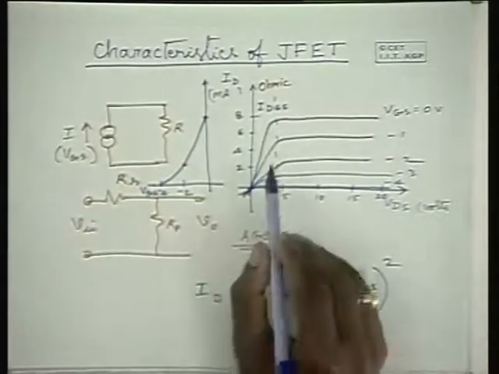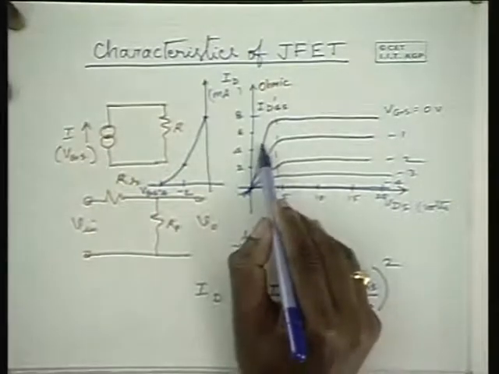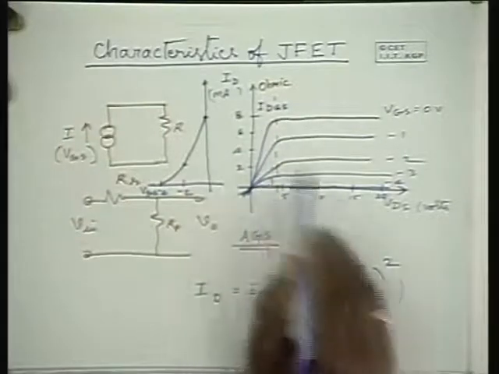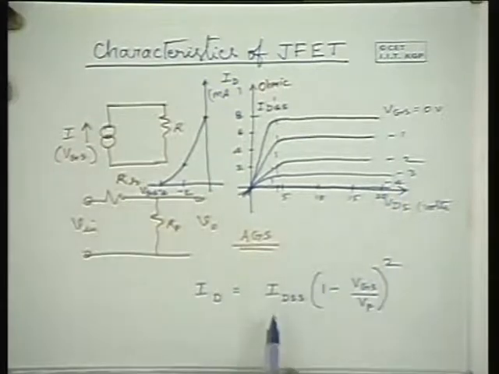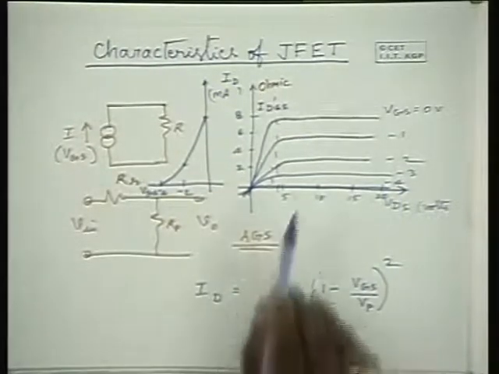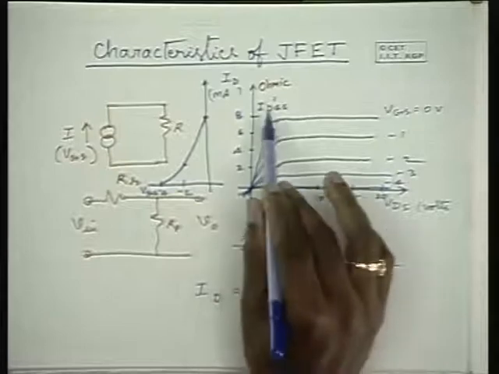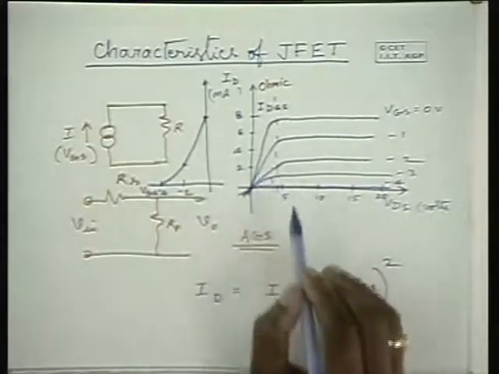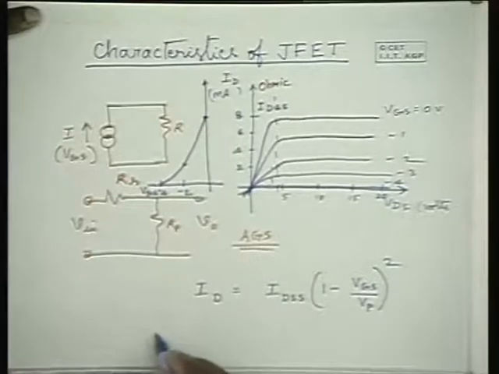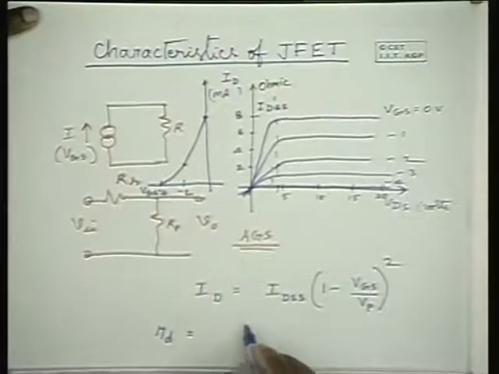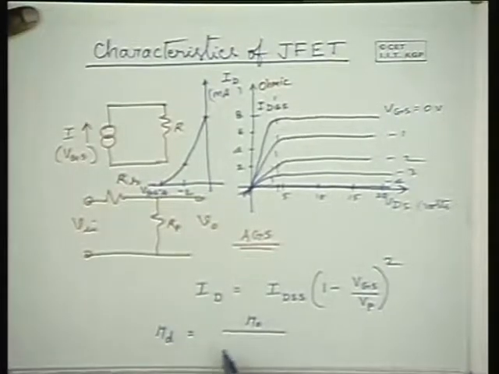Now let me give you a quantitative relationship between the resistance or resistivity of this device in the ohmic region, the resistivity of the device as a function of VGS. Now from the current voltage relationship, that means ID and VGS for low values of VDS, it can be obtained, and it can be shown that the voltage dependent resistance, the drain to source resistance, can be expressed in this form: R0 by 1 minus VGS by Vp whole square,